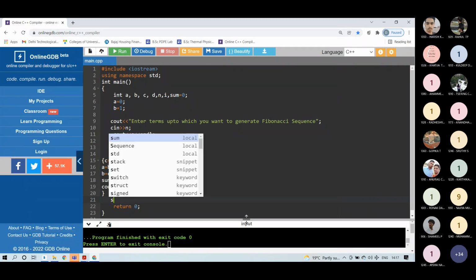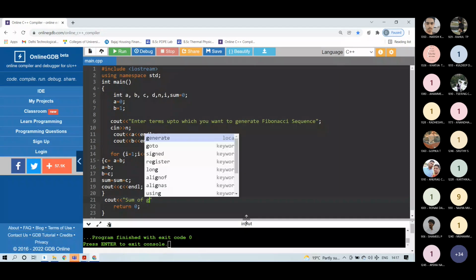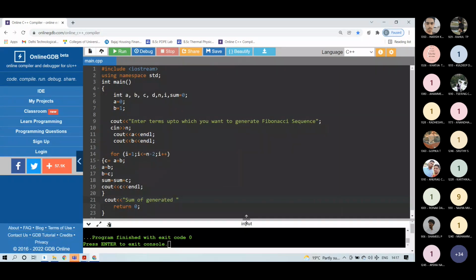So I will just write cout sum of generated sequence is sum.